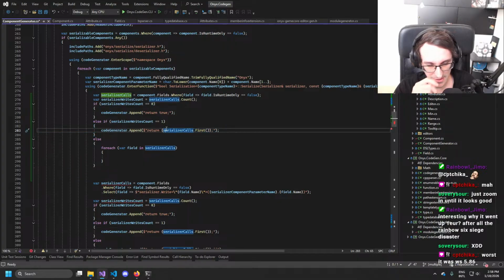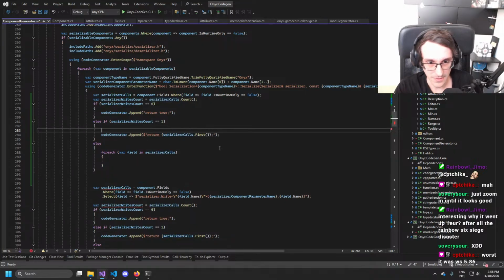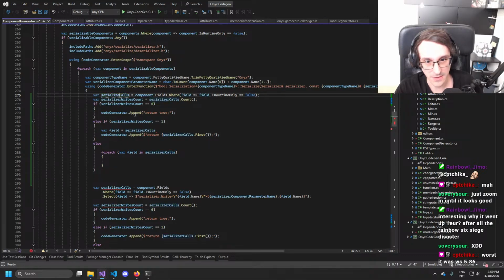Well, so that is... Okay, if it's 1, do I care that it's 1? I mean, kinda I do, maybe. So, fields to serialize, let's call it that way. Fields to serialize.